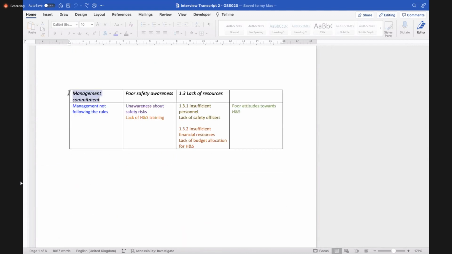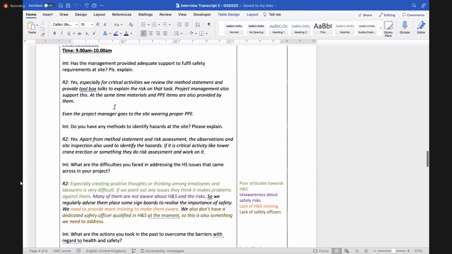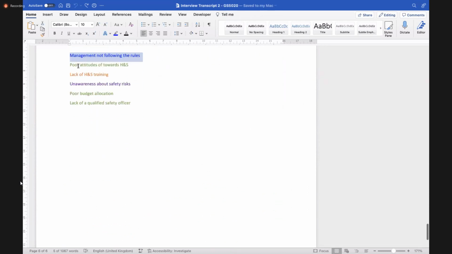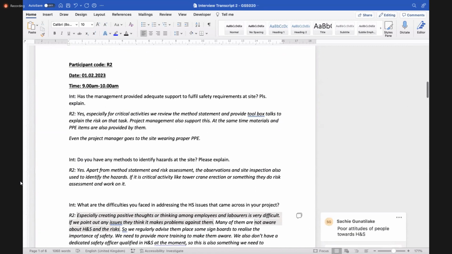So you have all of your codes here. So this is your first code, say, call it C1, management not following the rule. So what have you coded under that?